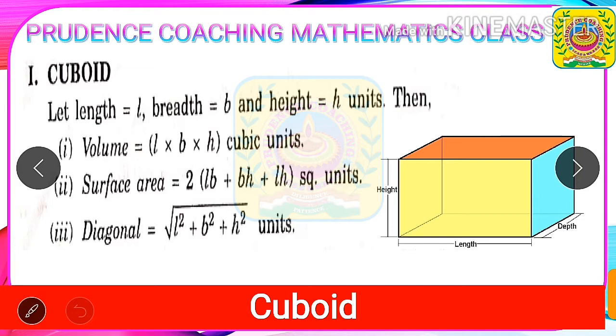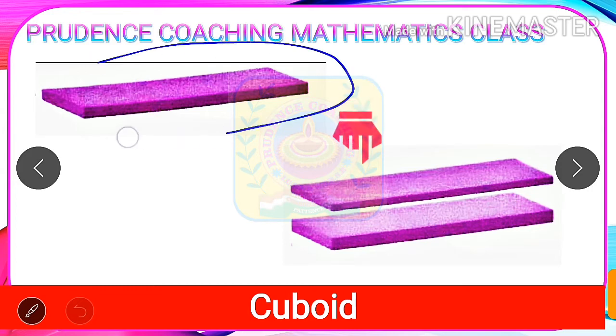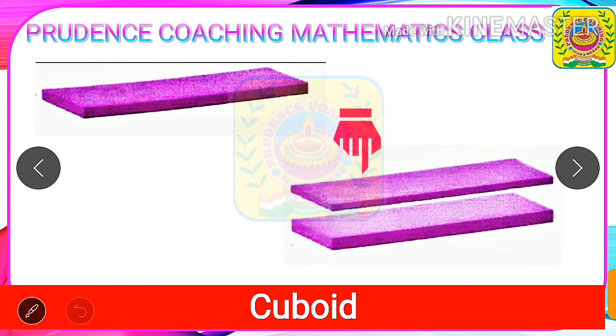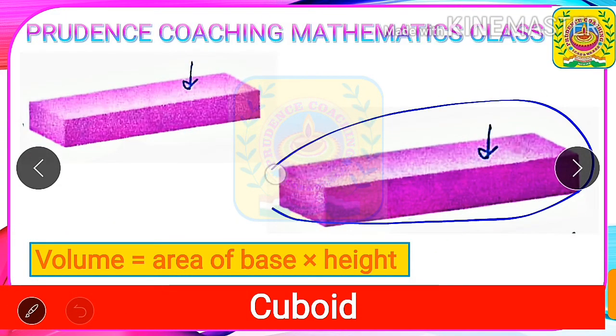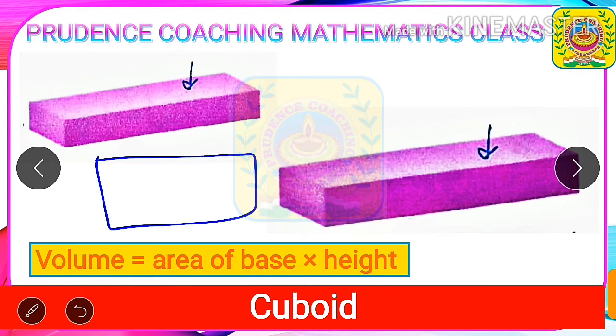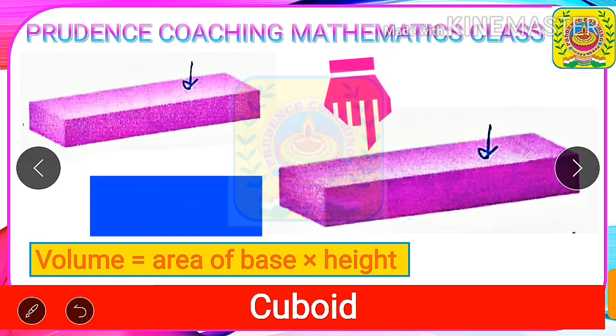How will you remember it, length into breadth into height? Let us understand. Yes, we need a rectangular sheet, meaning a paper which looks like a rectangle. Students, if we go on putting more sheets like this on this particular sheet, then it will become like this, which will look like a cuboid. So my dear students, it is very easy. If we add the height to the base area, then we will get the volume.